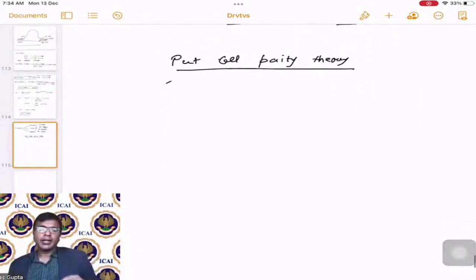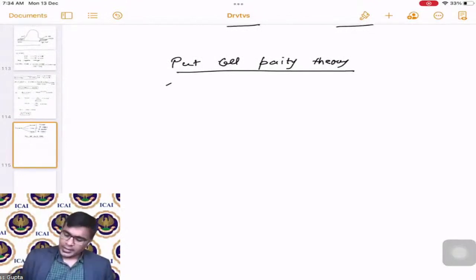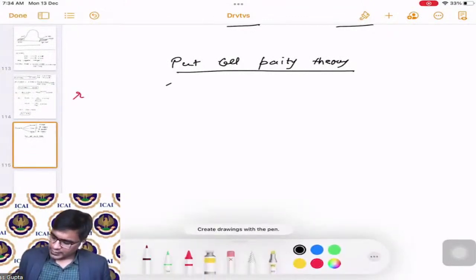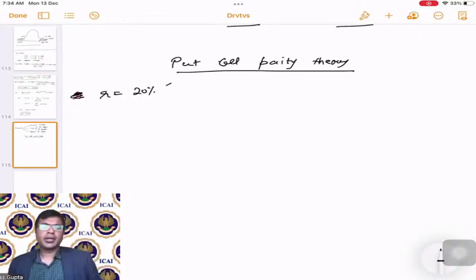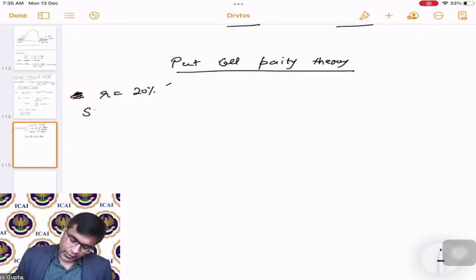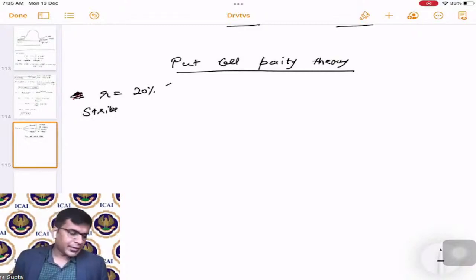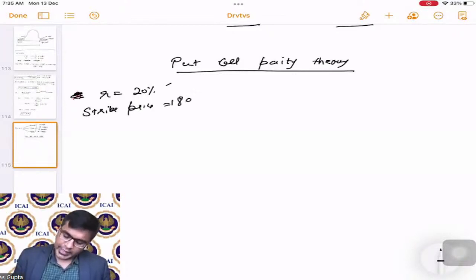So under put call parity theory, let us build our situation through an example. For example, R is equal to 20 percent. I'm just assuming the numbers so that it will be easy for us to calculate. R is the annual rate of return, correct? Strike price is equal to 180, for example,